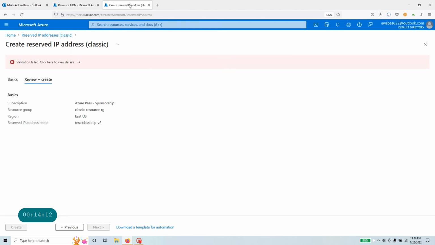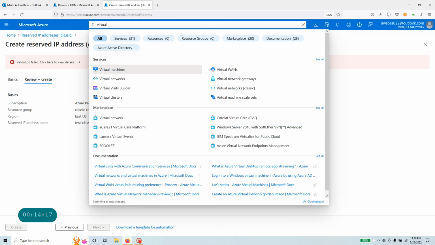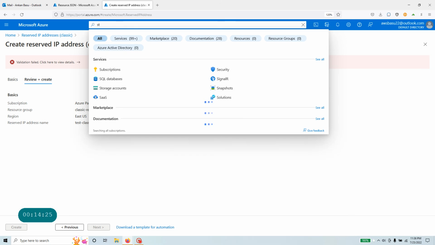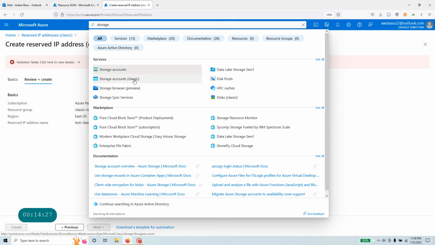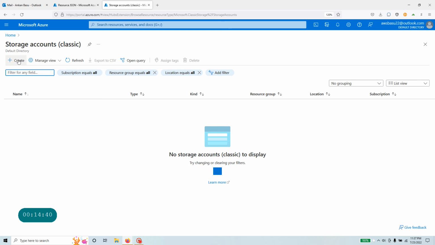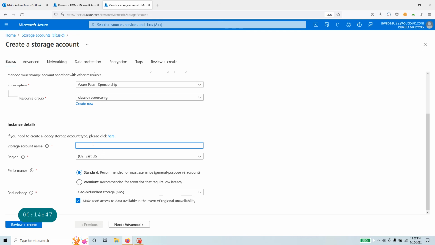For example, if I search virtual machine, virtual network, they all have this classic thing. I'm pretty sure storage still does have a classic storage, you see, disk classic. So the policy that we have implemented is not going to block, say, a classic storage account. For example, let's try to create one. If we create one classic storage, I don't have any policy to block that. So let's say test